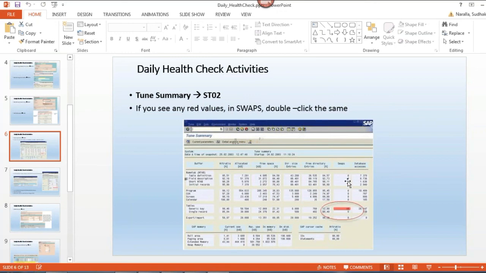If all your swaps are increased to large numbers and showing in red color, then we can suggest a restart, through SAP MMC or at OS level. Only an SAP restart.